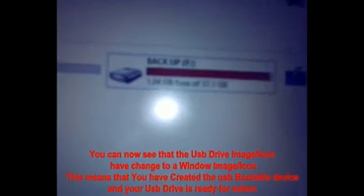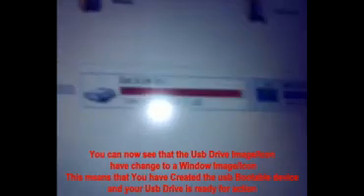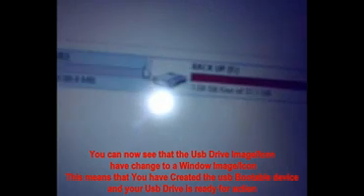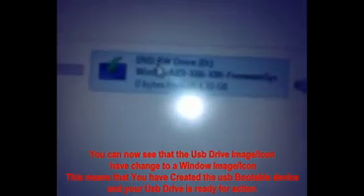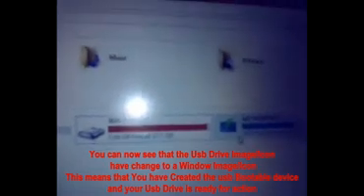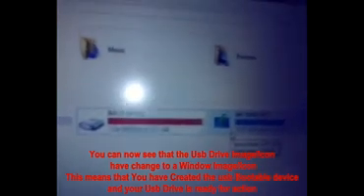I will close it, and behold, guys, as you can see now, before, my flash drive had this type of icon, or let me call it image, but look at it now, it has changed to a Windows 8.1 image. Look at the one on my disk. You can see the Windows image. Look at it here, or let me call it icon. You can see now they look alike, which means I've created a USB